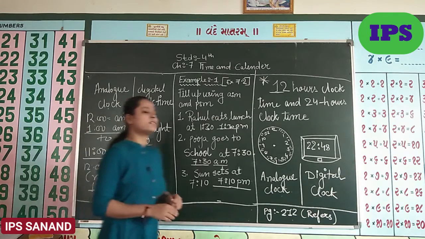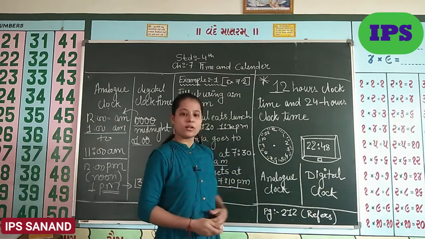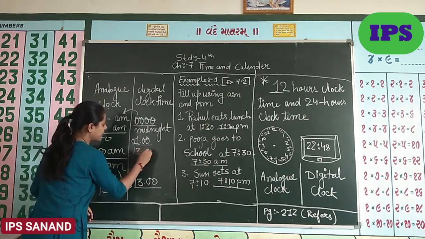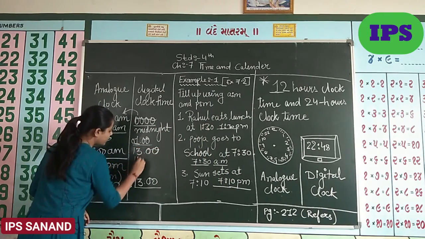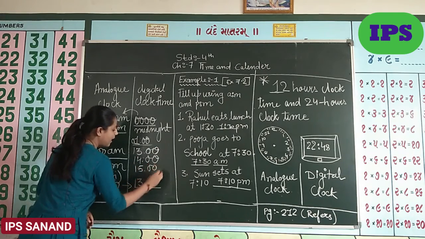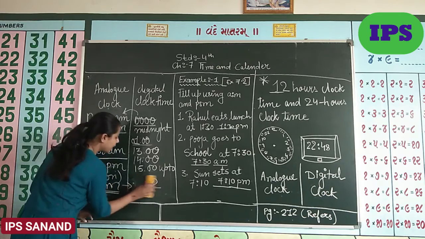So what to use after 12 o'clock noon in digital clock? Okay, so 13, 14, 15, up to how much? Up to